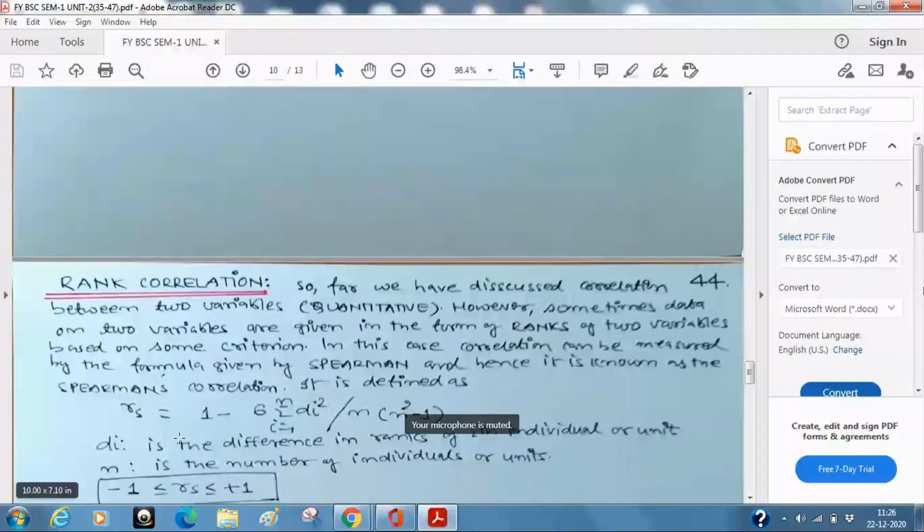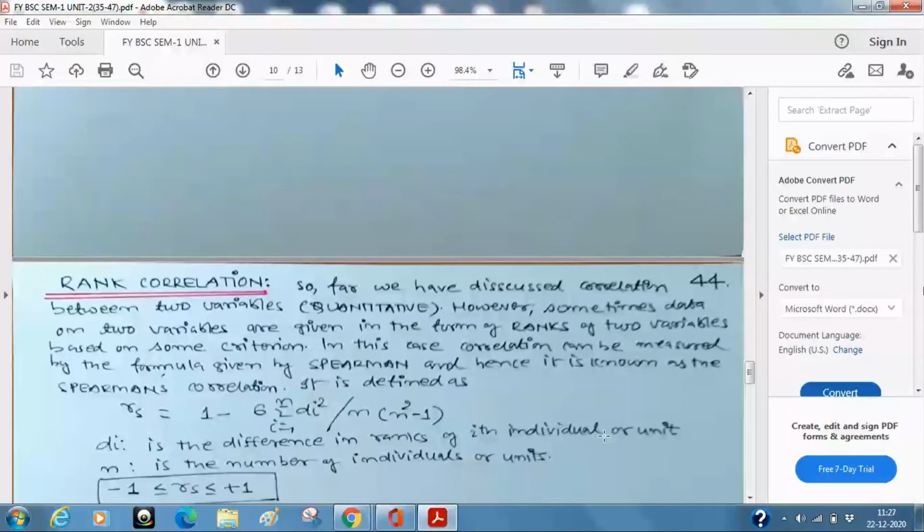Sir, what is this di? Di is the difference in the ranks of the ith individual or the unit. Say for example, I have just given you the example of a beauty contest or a selection committee where you are appearing for a personal interview, and there are 4 or 5 persons sitting. Suppose one candidate comes, and the expert A or judge A gives rank 5. The second judge gives rank 7. The third judge gives rank 1. And suppose a fourth judge gives rank 10. Of course, we can make comparison only pairwise. We cannot compare all four together.